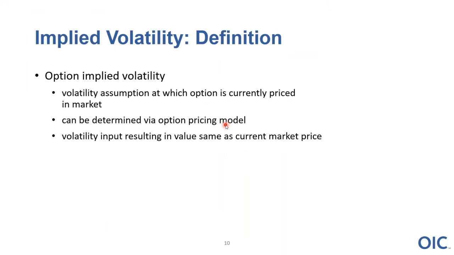Leave volatility unknown. Input interest rates, dividends, if any, and input the option price. Back solving for the volatility level, the volatility assumption where that option is priced given a certain premium level in the option. Our calculator on the OIC website also allows you to do that,